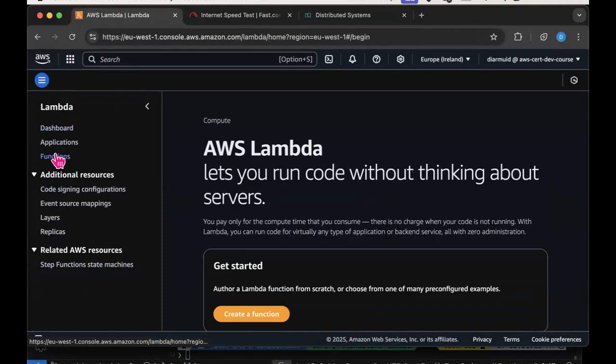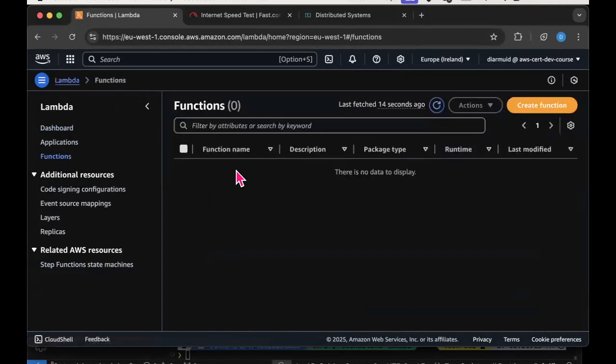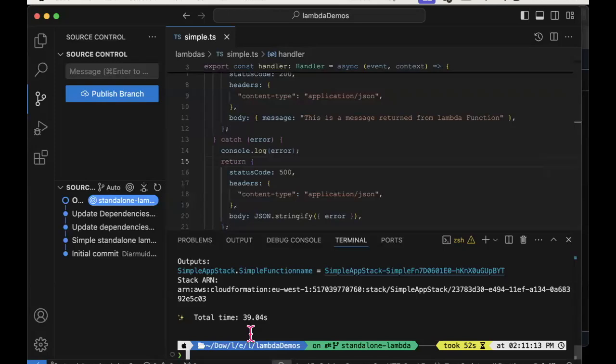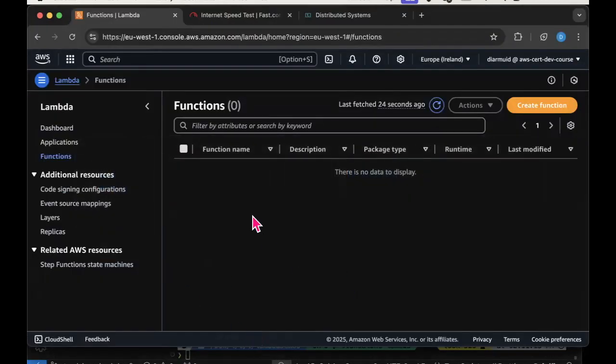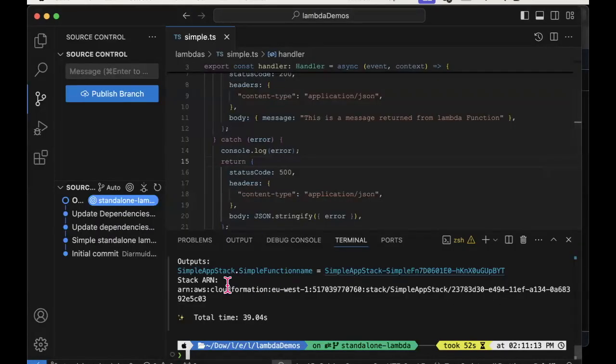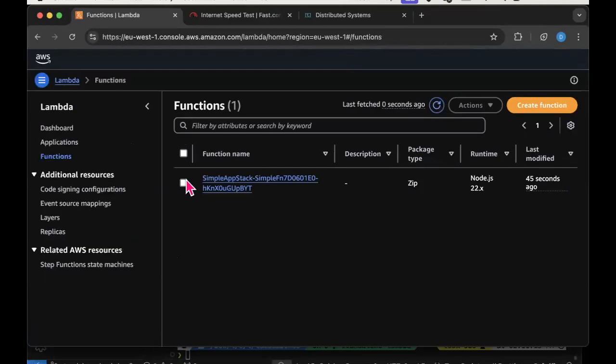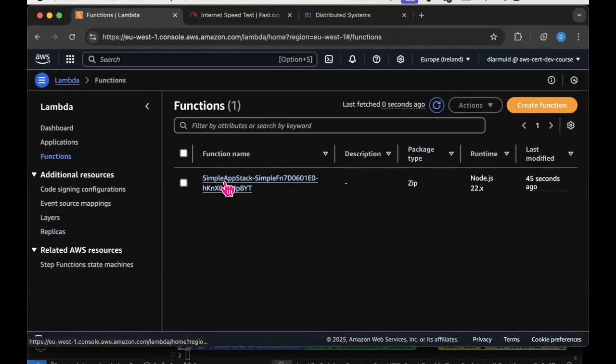Well, maybe I'm not, sorry. So it doesn't look like I have any Lambda functions, but there should be a Lambda there. Let me do a refresh. Okay. There's my Lambda function that has been provisioned.